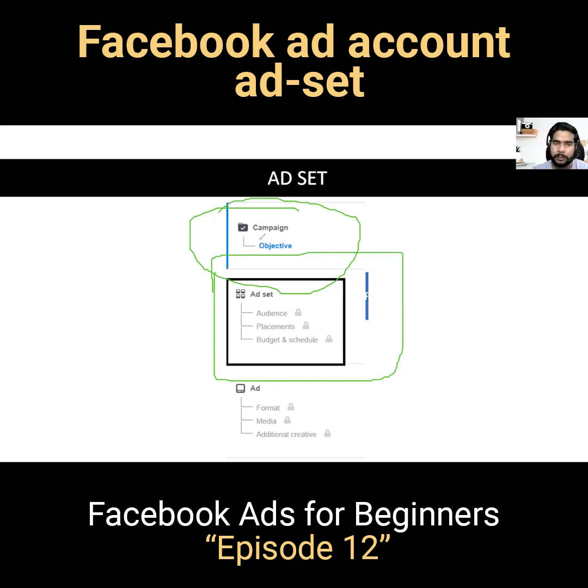Second is placement. What do you mean by placement? Placement means where do you want to show your ads? Do you want to show your ads on Facebook? Do you want to show your ads on Instagram? Do you want to show your ads on Facebook web only? Or do you want to show your ads on Facebook mobile app? Or do you want to show your ads in video ads? Which platforms you want to show your ads in? They have 7, 8 options there. For example, Instagram stories, Facebook side, in Facebook side feeds also you have that option. So lots of options they have, 7, 8 options are there,